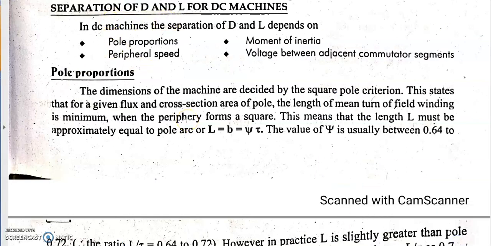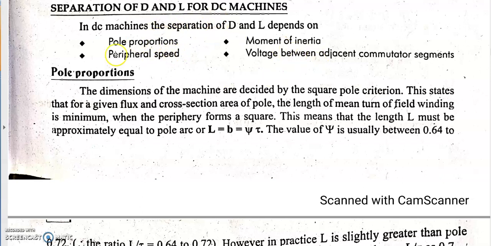Already we have derived the equation for power developed in the armature of a DC machine, and that equation has a term D square L. Our objective is to find out the main dimensions D and L. So the D square L term we will be estimating from the power developed equation of the DC machine, and from that D square L value we will be separating D and L of this machine,